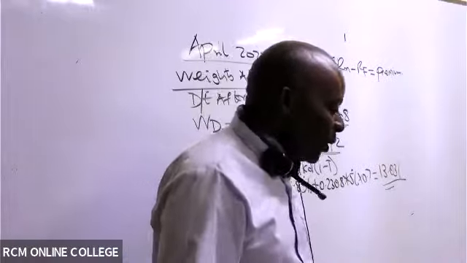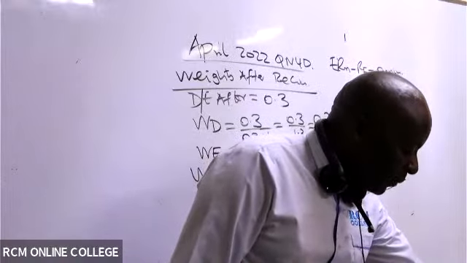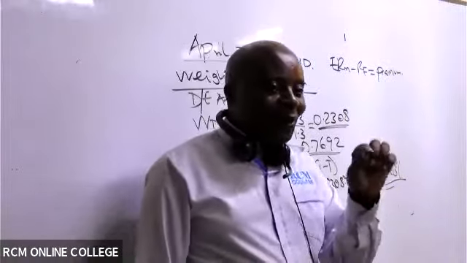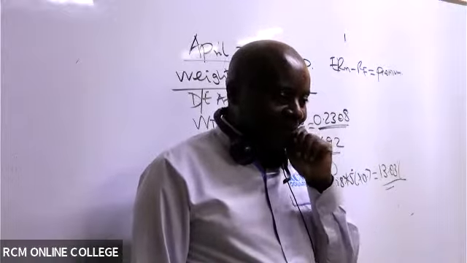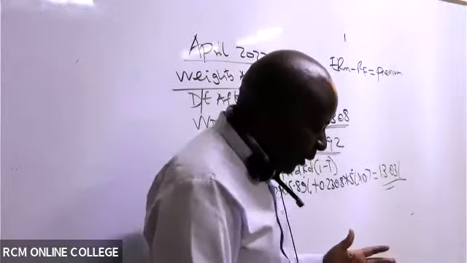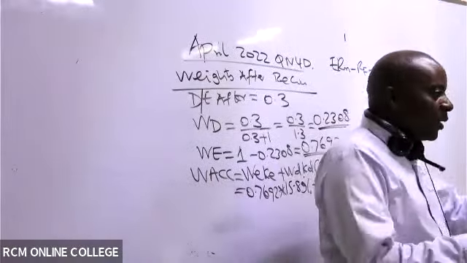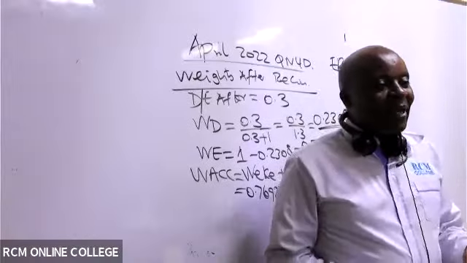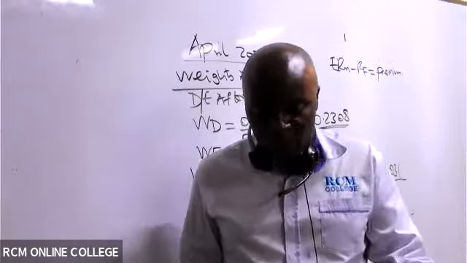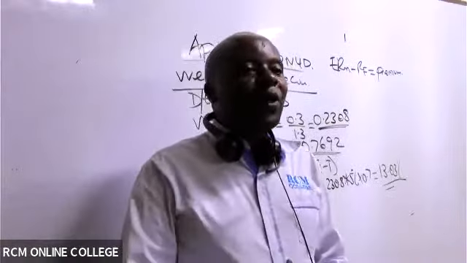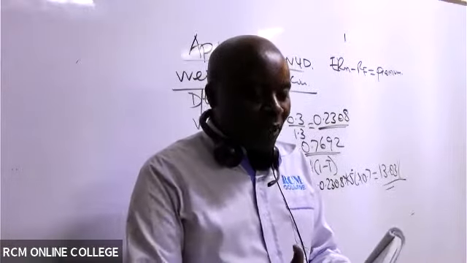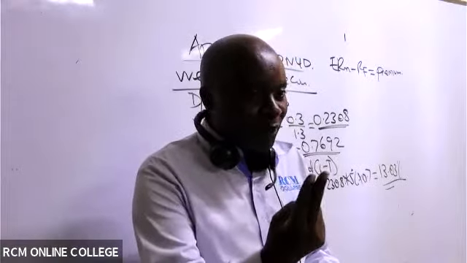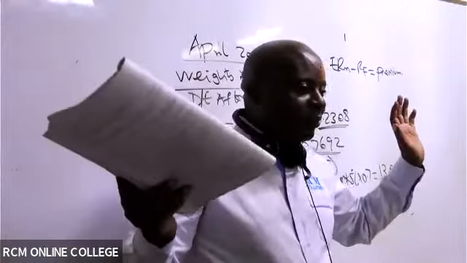So one thing I have to tell you, because I've taught this paper for so long, it's a very nice paper. But if you don't do the questions that I tell you to do in class, you will fail. Because we shall have 2 groups of students. One group will be knowing a lot. The other group will be floating. Like my last class, AFM, they passed all of them because they were doing all their homeworks. And how were they doing all their homeworks? They were remaining behind after the teacher has gone. Because I'll always give you 1 or 2 questions. So they do their questions and then they go home.